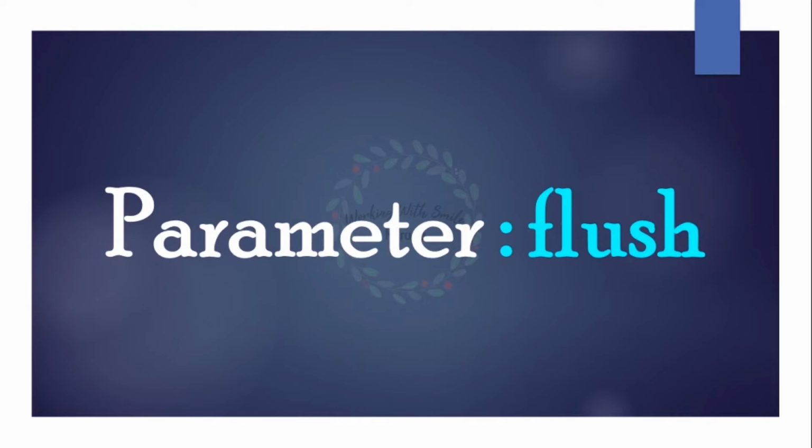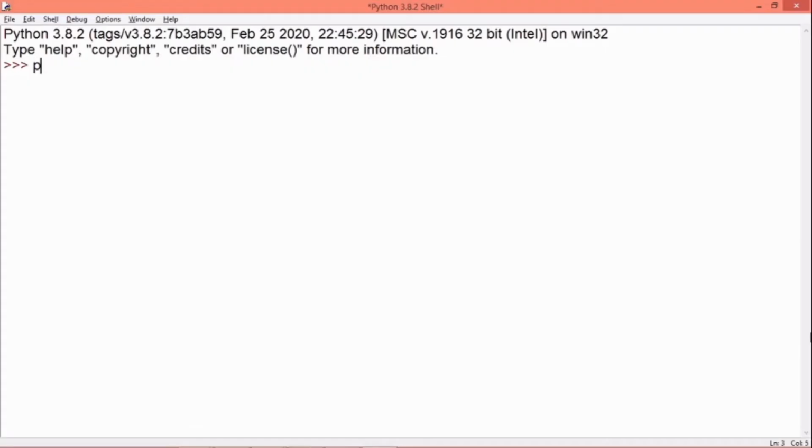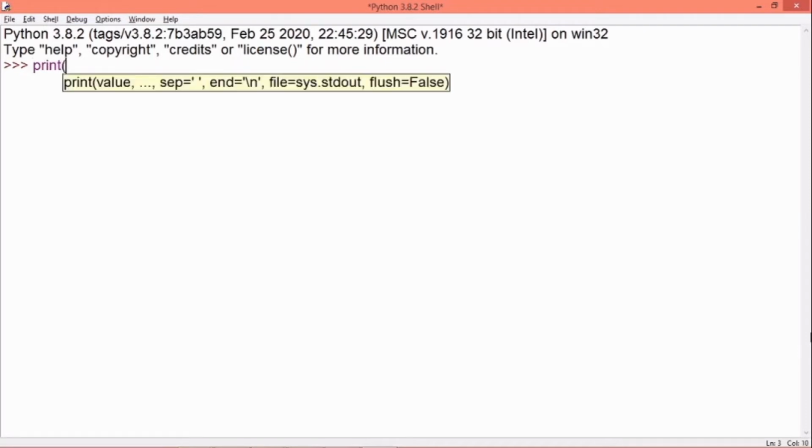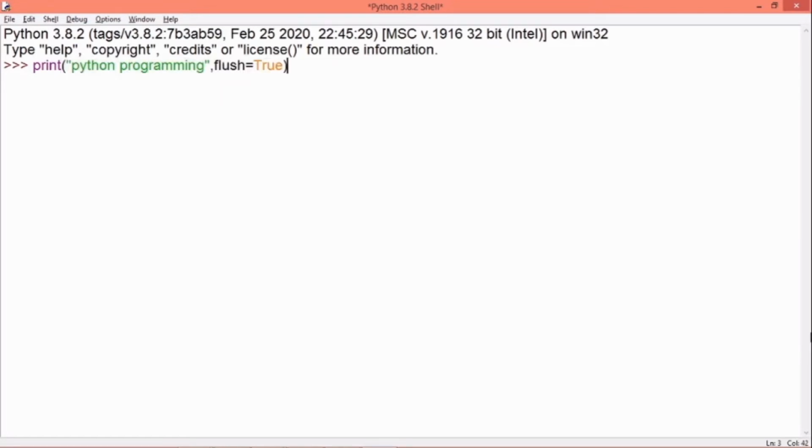As I already mentioned in the introduction, the use of the flush argument hardly affects the output. So let's see how it is used in the print function statement. The default value of this flush argument is false. You can see that in the bar which shows the syntax of the print function. By setting its value to true, we are actually trying to flush the buffer, which will be done even if the value of this flush argument is false. And you can see it hardly affects or makes any changes to the output of our code.